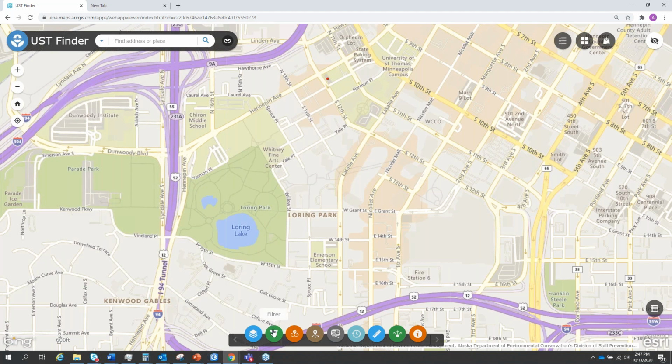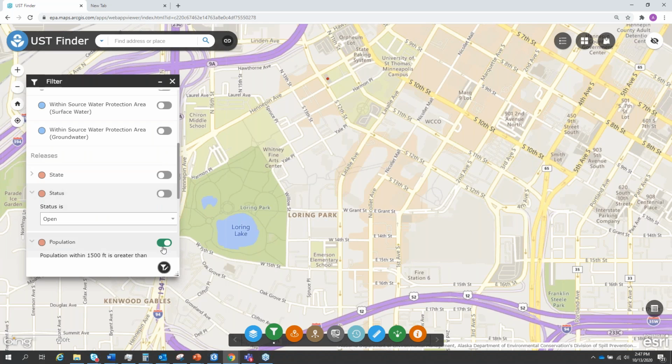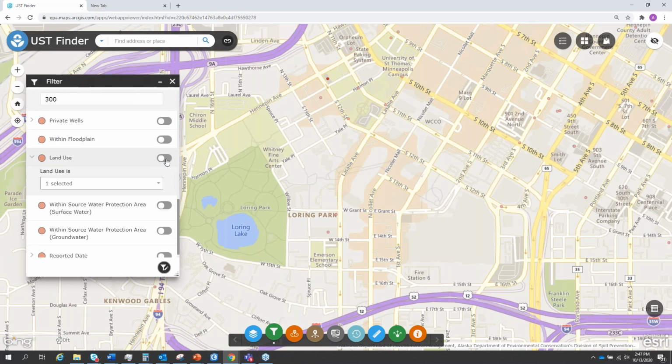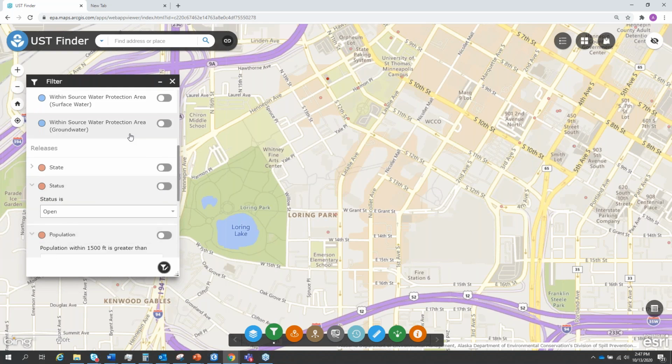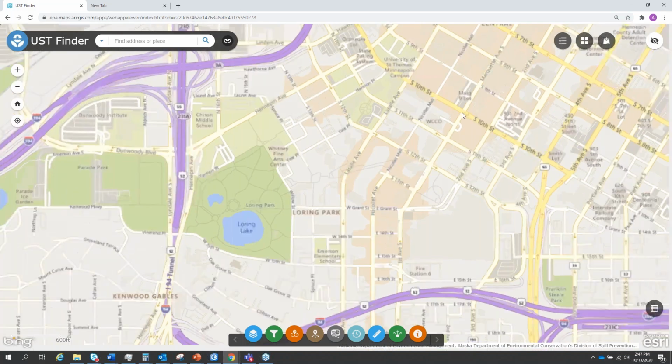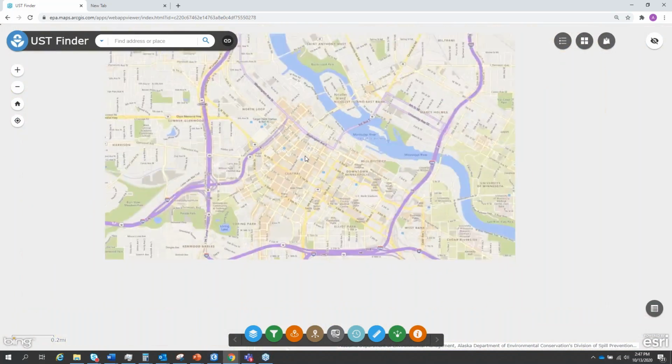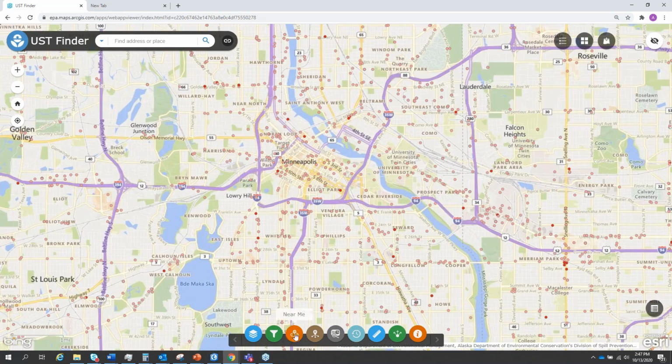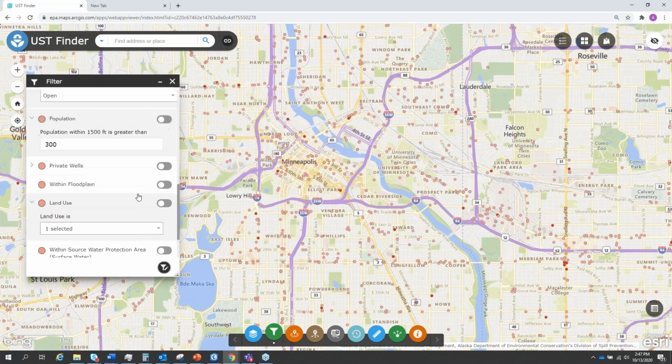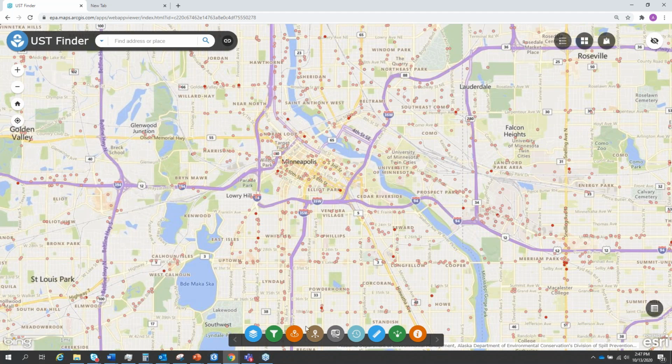And so there are also some other features within US Finder that really make this a user-friendly application. Let me give you some examples. Okay, so we've got a near me tool.